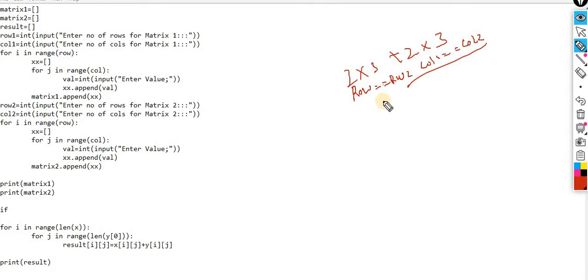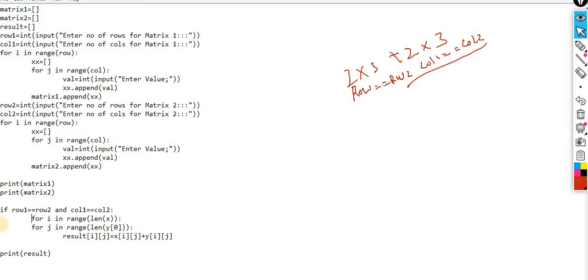So I am supposed to perform this scenario, then I am supposed to perform the mathematical addition, if row 1 double equals row 2 and column 1 double equals column 2.